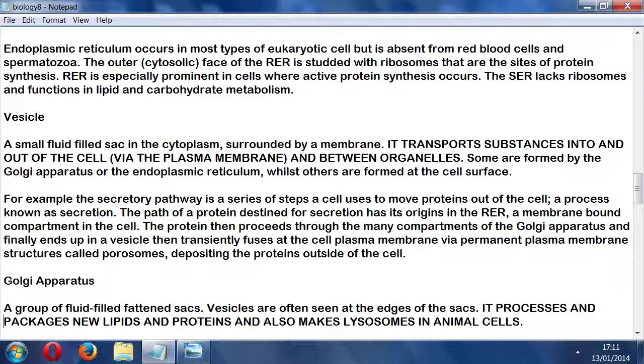Vesicle, a small fluid-filled sac in the cytoplasm surrounded by a membrane. It transports substances into and out of the cell via the plasma membrane and between organelles. Some are formed by the Golgi apparatus or the endoplasmic reticulum, whilst others are formed at the cell surface. For example,